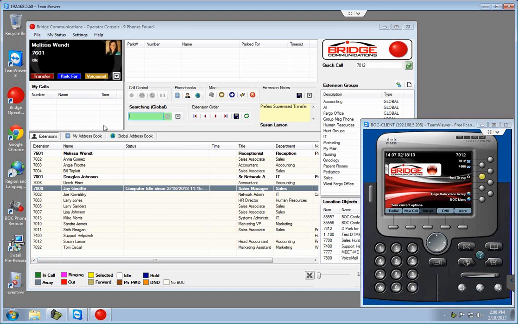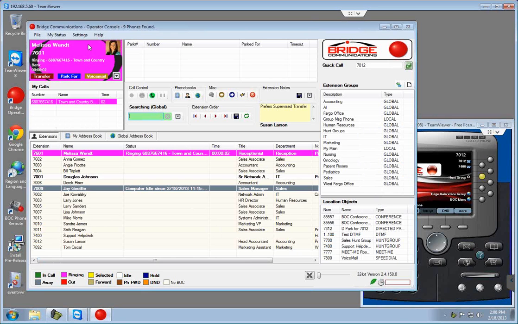Some other ways that are maybe faster, better to do it. Let's answer this call with double click. Double click is a smart function in VOC. So if I double click on a call, it's going to put that call on hold. If I double click on a call that's on hold, it's going to take it off hold. Oops, I don't think I got it. There we go. If I'm on a call and I double click someone like you saw earlier, it'll transfer that